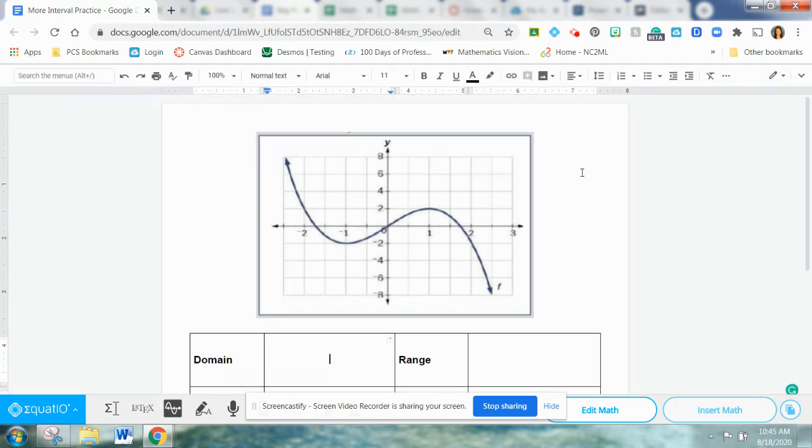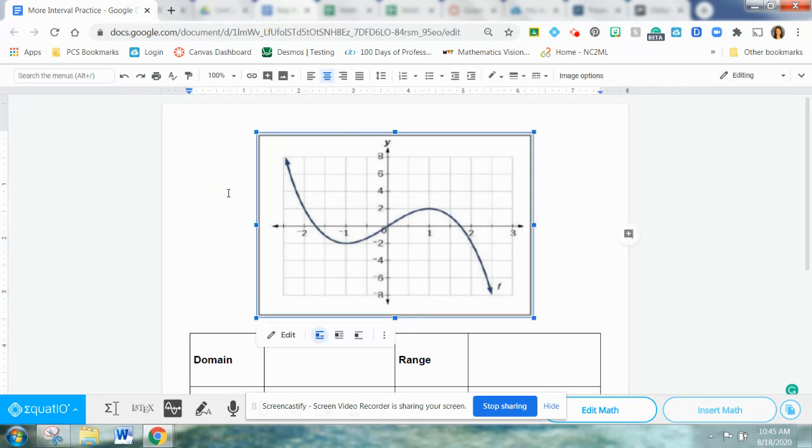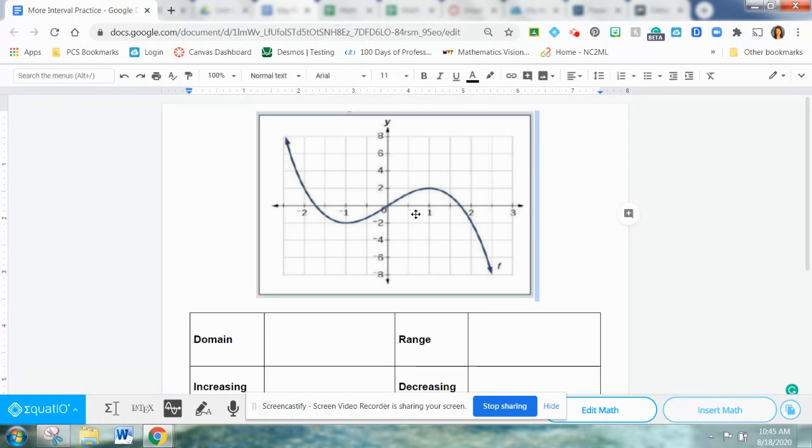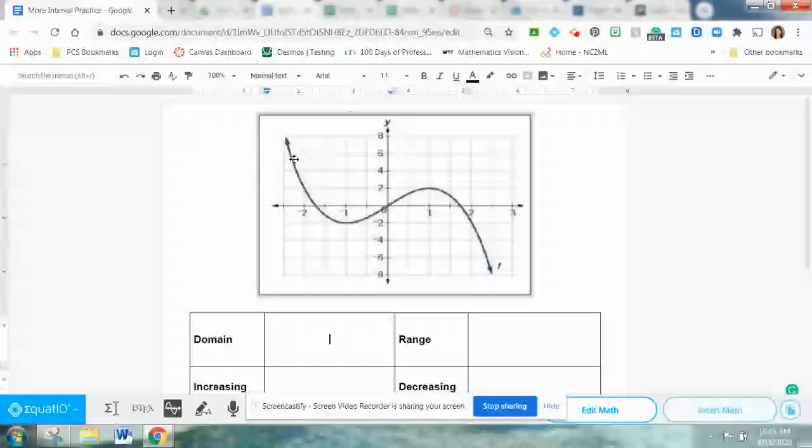bit more room. So you'll notice this is different than our graph yesterday because I have arrows at the end of my graph. And I'm going to just give myself a little bit more room here. So since there are arrows at the ends of my graph, this tells me that this graph is going to stretch on forever and ever. So I could go all the way down here to, let's say, -100 for x. And I would still see a graph somewhere up here, very high up in the air because it's going on